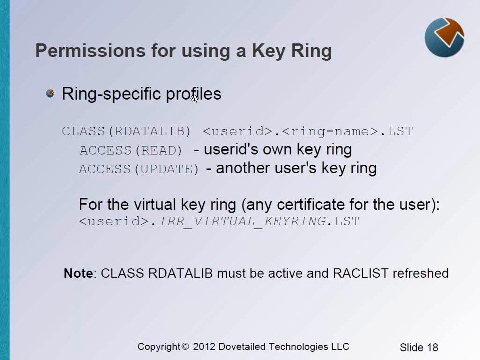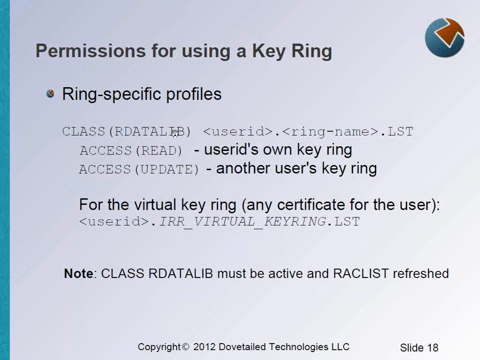So the ring-specific way of doing this is I can have this class RDATALIB. I have an entity which is the owning user ID of the ring, the name of the ring .LST, and if I grant read access to that, then the user ID himself can use it. For another user ID to use a specific profile, you have to give him update authority. And this is the case actually where you might want to use this. You might want to have multiple z/OS user IDs be able to use the same private key to connect to some trading partner. So you might want to use a ring-specific profile for that,